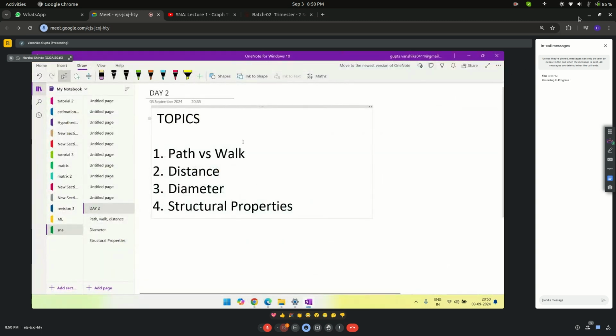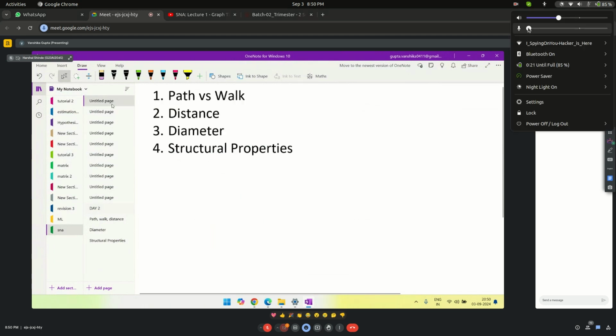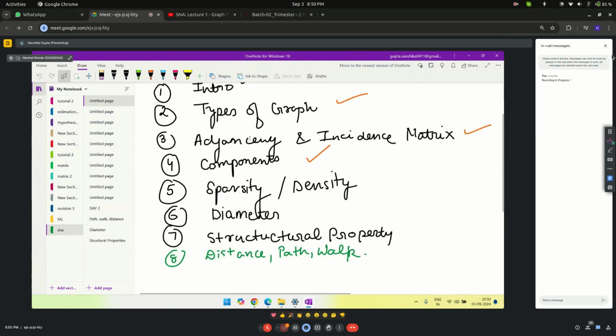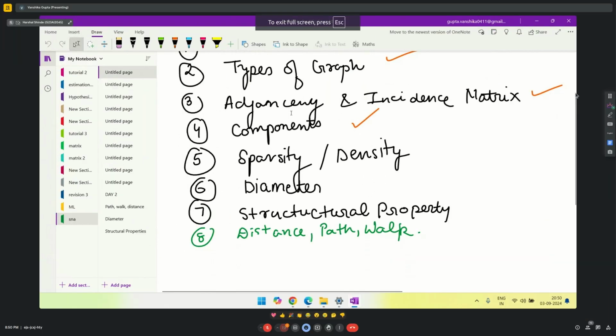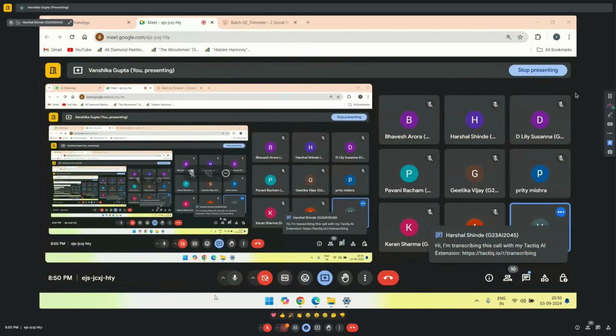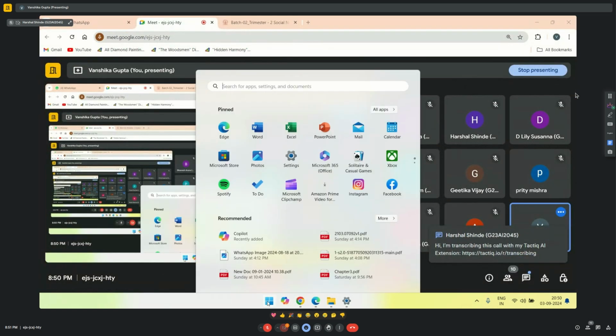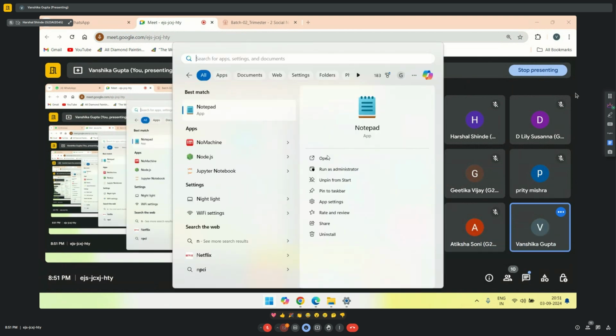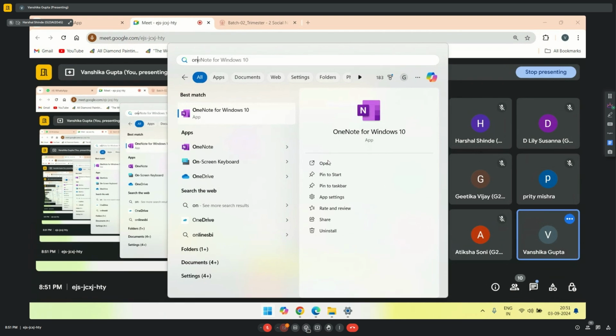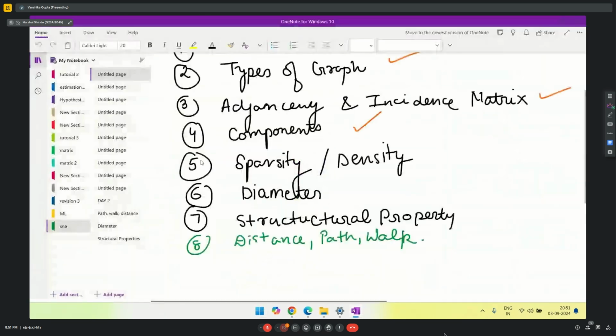ओके, तो कल के लेक्चर में हमने ये सारे टॉपिक्स देखे थे जिसमें हमने इंट्रोडक्शन, डिफरेंट टाइप्स ऑफ ग्राफ, फिर एडजेंसी मैट्रिक्स और इंसिडेंस मैट्रिक्स, कंपोनेंट्स ऑफ ग्राफ और स्पार्सिटी और डेंसिटी। ये सारे टॉपिक्स हमने कल के लेक्चर में देखे थे।